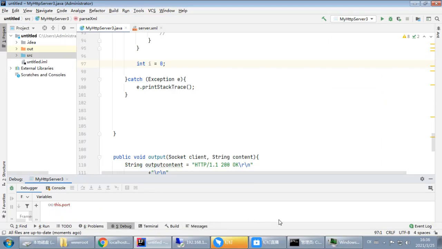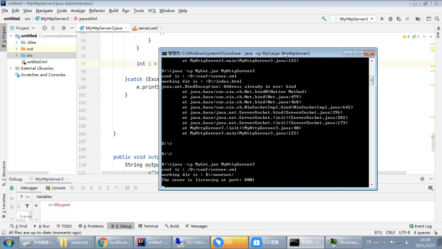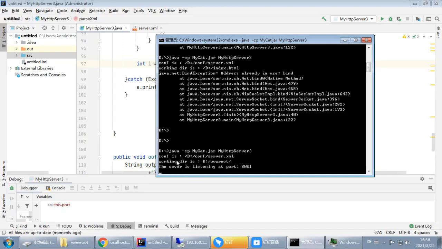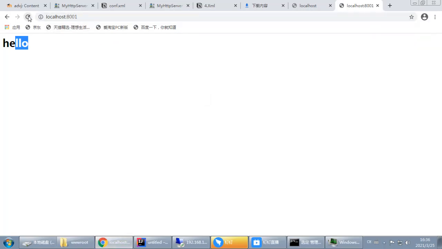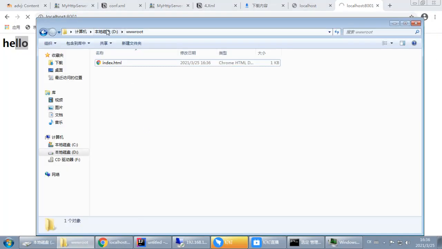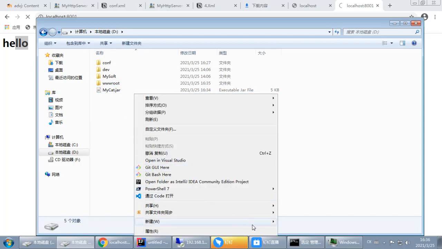Terminate, and yes, okay. This time we get the right config file, the right working directory and the port here. Okay, then we can refresh. Then we'll get the right answer. This is our so-called software. Then we can